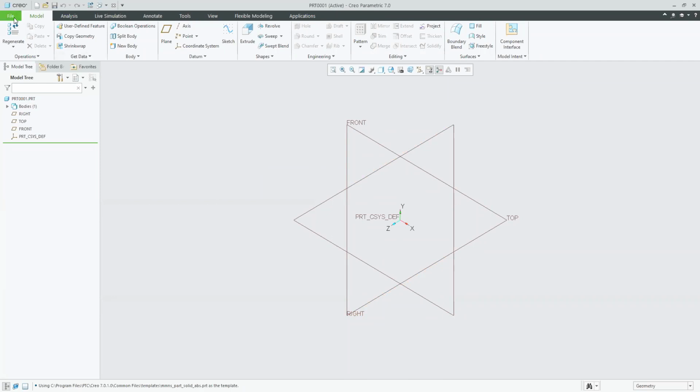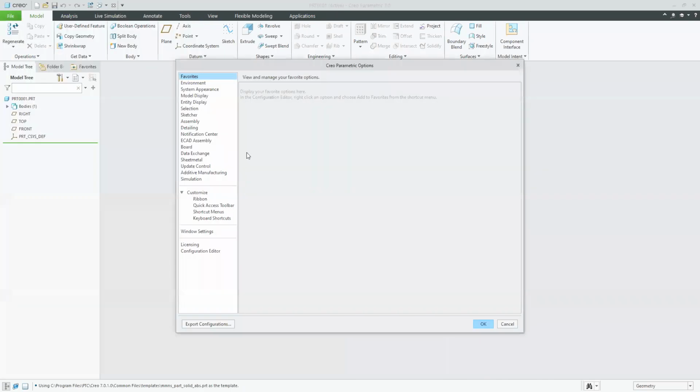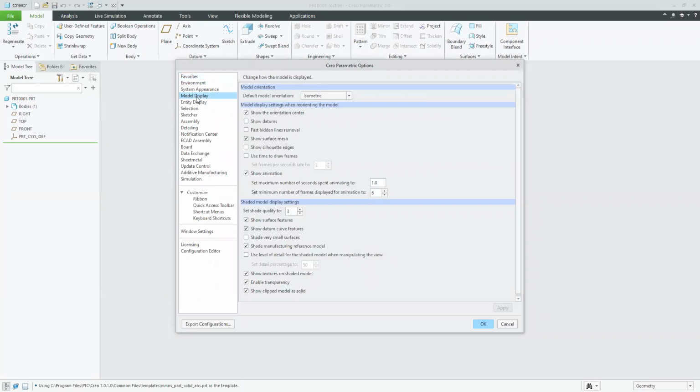So for that, what you need to do is come in file, options, and in options, come in model display. Here you have default model orientation, which is presently isometric. For version 7 they have given this isometric setting, but if you are working on a lower version, you will notice that the model orientation is trimetric.